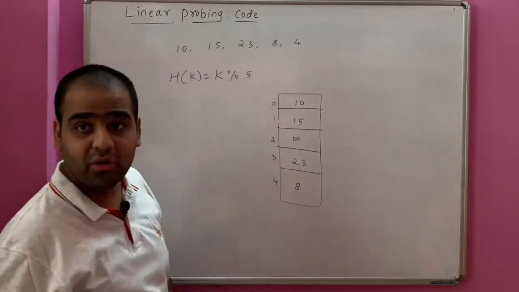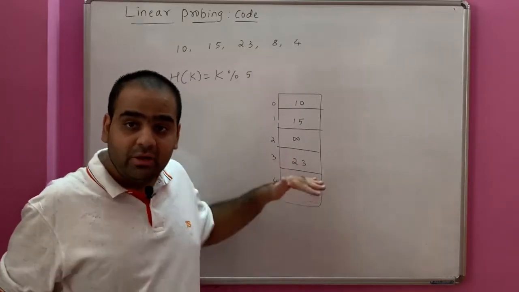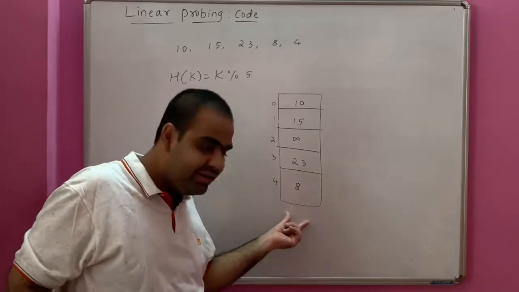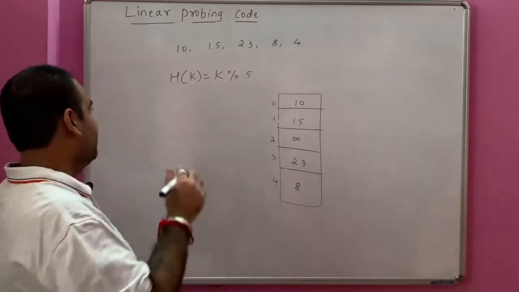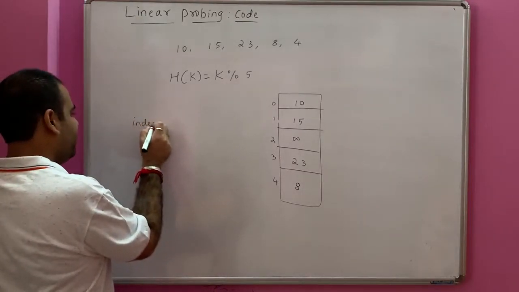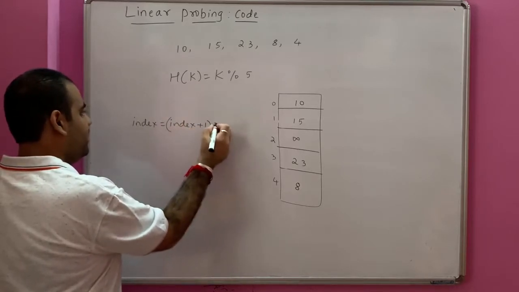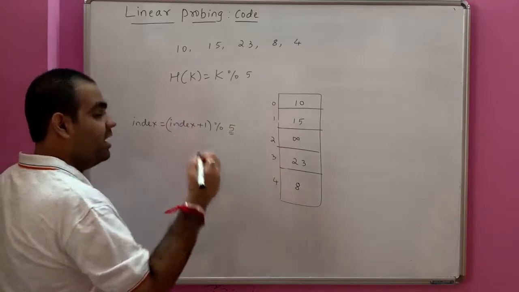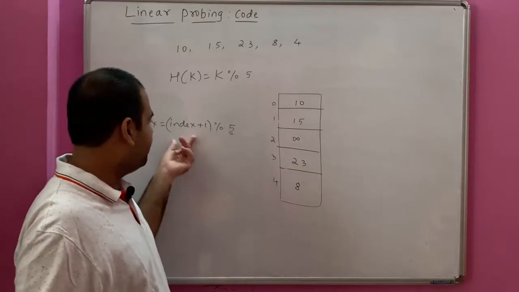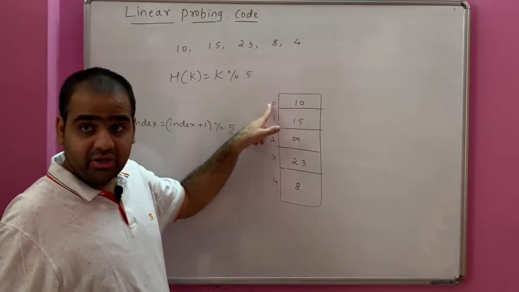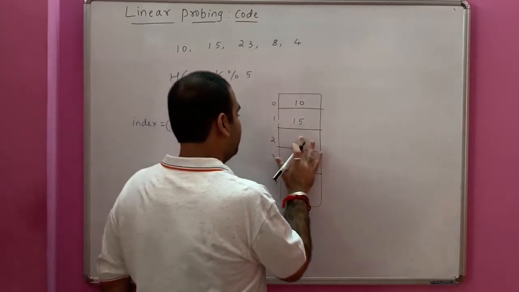Now see here, 4 modulo 5 is 4 and at index 4 it's not infinity. Now you want to go to the next index. Is there any index 5? No, that means you have to go to index 0. Hence, whatever index you get in case of rehash, you have to add 1 to it and mod with the table size. As of now the table size is 5, but whatever the table size is, you use that. Now 4 plus 1 is 5, 5 mod 5 is 0. Is it infinity? No. Again, is it infinity? No. Again, is it infinity? Yes. And you add 4 over here.